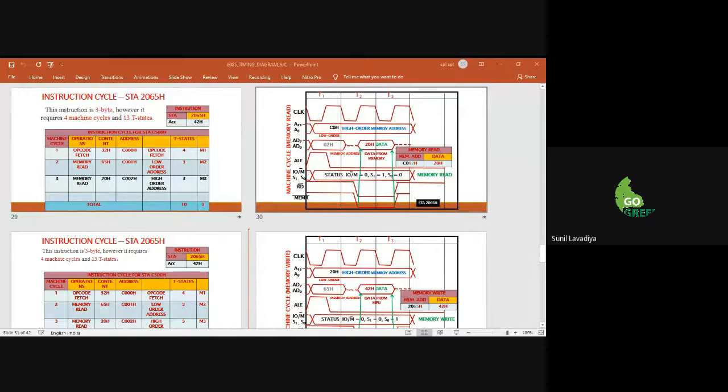How many of you do it? Complete it. How many of you have completed? Please acknowledge me. How? No, you have to draw one by one. Combined means one by one you have to draw it. No need to draw separately. Understood, Matthews? On one page, draw one by one in the same sequence, on the same line. Don't draw all the timing diagrams of the machine cycle separately on different pages.